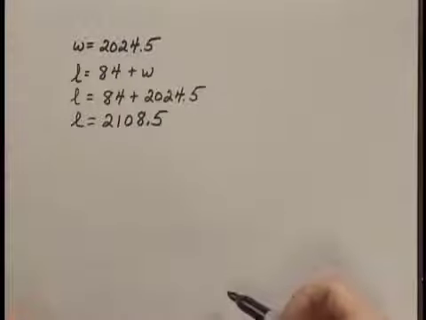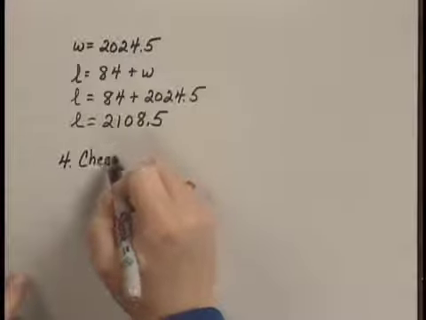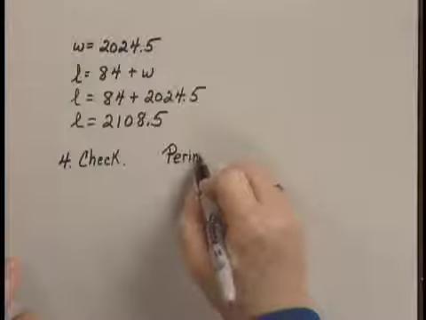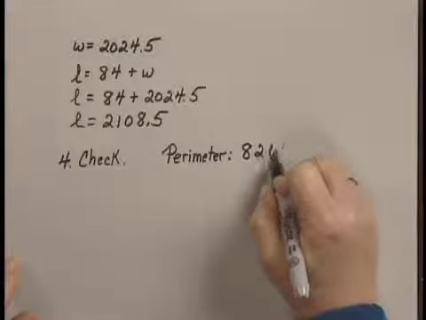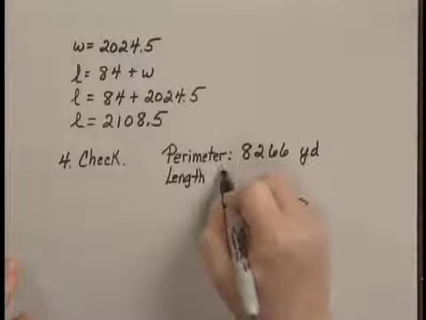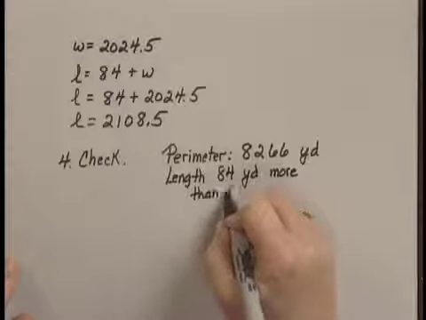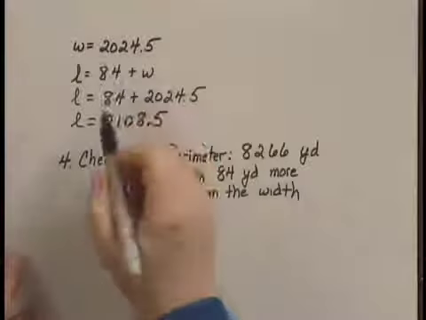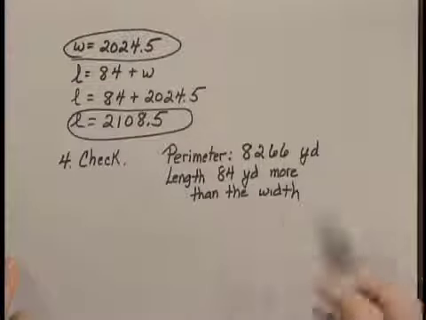Now I have a possible solution. I need to check it. To check it, I look back at what was given to me in the original problem. First of all, I was given the perimeter. I was told that the perimeter was 8,266 yards, and I was told that the length was 84 yards more than the width. So if my W here and my L meet both of those conditions, then I would have a solution of